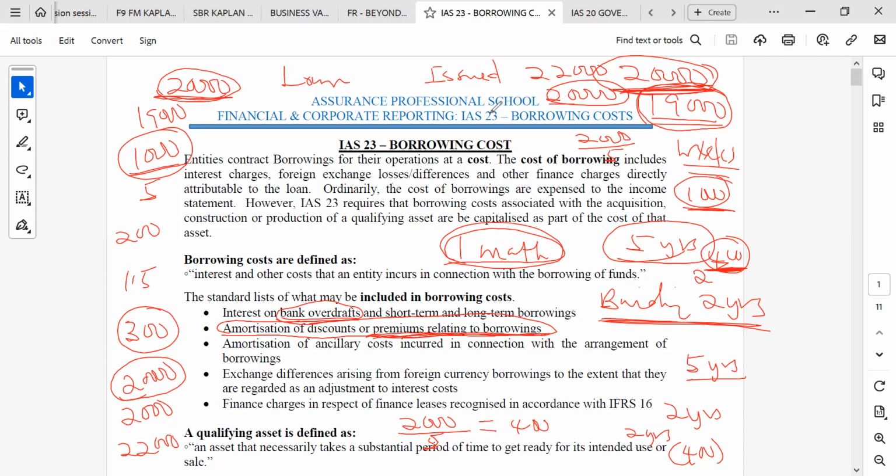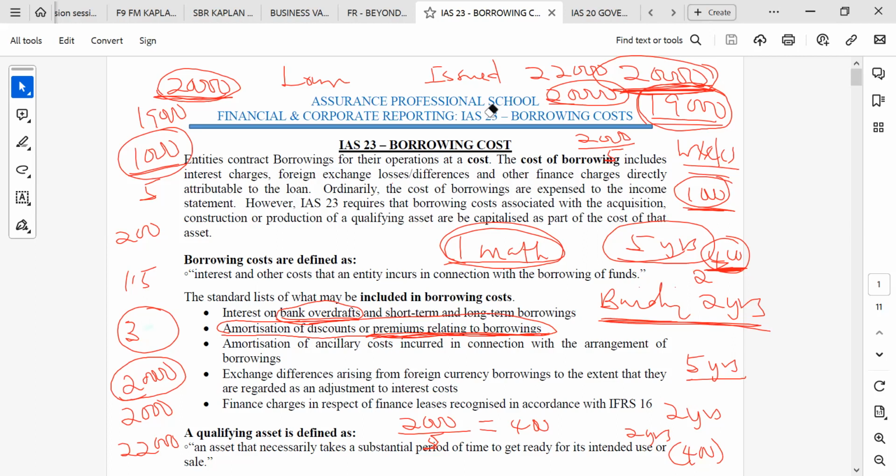So the amortization means spreading either the premium or the discounts. So what will be the effect of the premium? If the premium is going to be a reduction, then for that particular period that the asset is under construction, you go and reduce the initial cost of the asset by that particular amount. If it is going to be an increase, then you add. The same thing applies to the premium. Any question about that before I move on